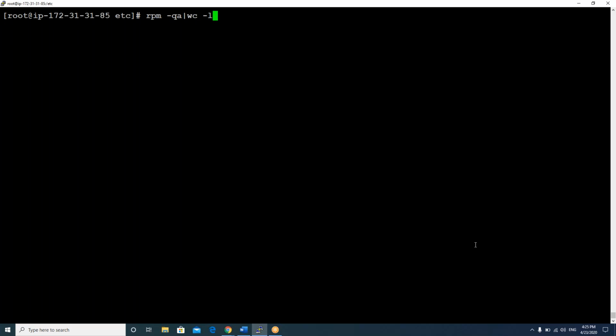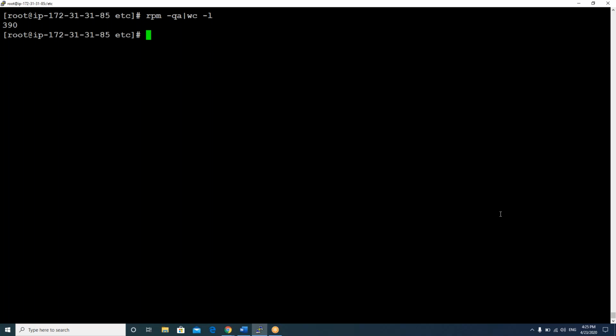Observe one thing: rpm -qa prints all the packages available in your Linux system, but I don't want to count manually. So I send the output to the second command, wc, word count. Can you press enter? So you have a total of 390 packages.